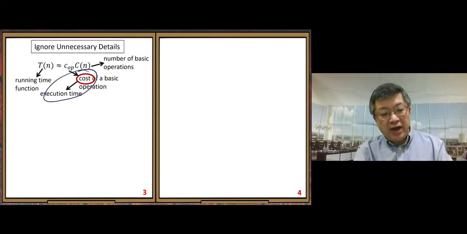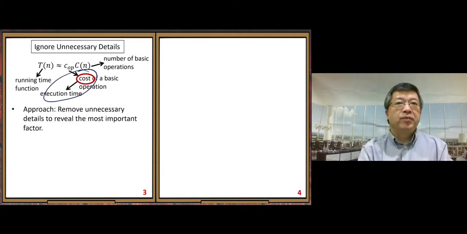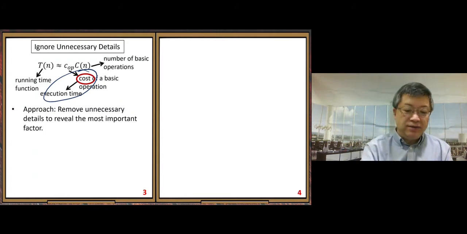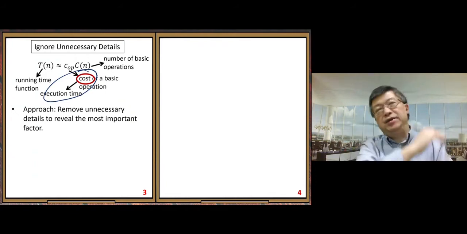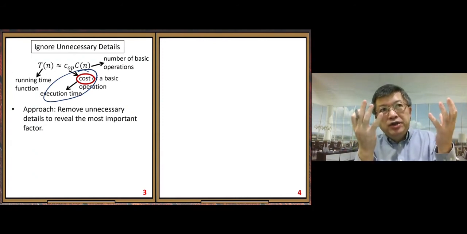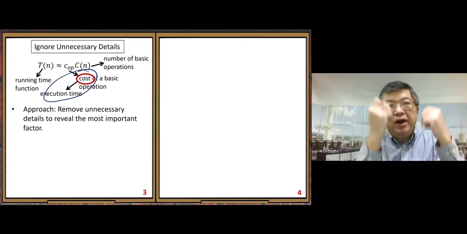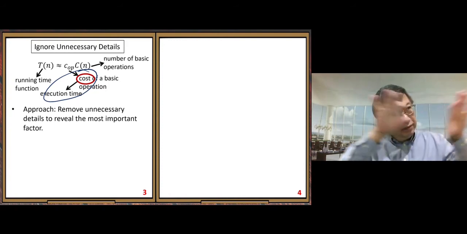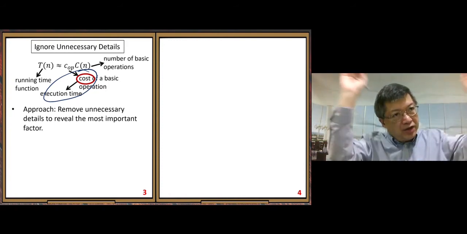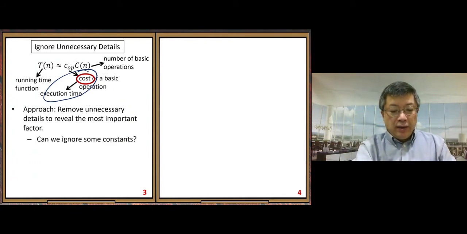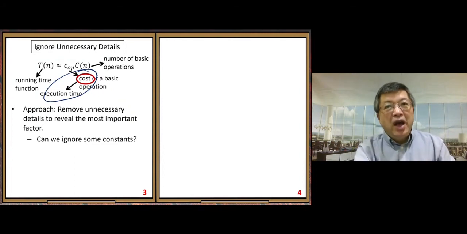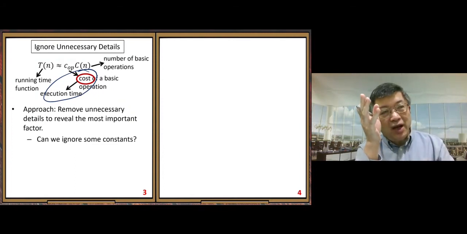So with that understanding, you can see we can ignore unnecessary details. We take this approach: remove unnecessary details to reveal the most important factor. We want to see important things clearly by removing those distracting pieces of information. The first question: can we ignore some constants? A lot of times some constants can be ignored,